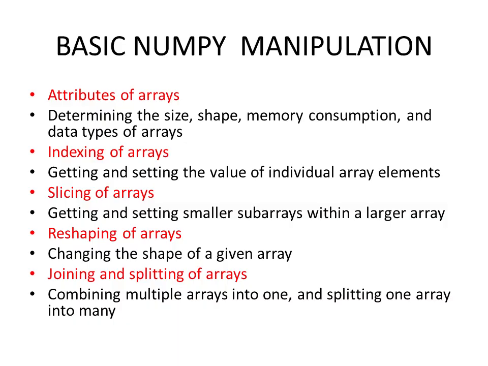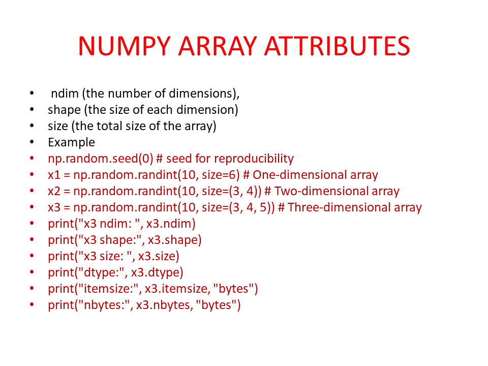Next is reshaping of arrays. Reshaping of arrays, which we take in the form of a grid, helps in changing the shape of a given array. So all these are functions. These are the basic numpy manipulation functions helping us to carry out operations on arrays. Then joining and splitting is where we do array concatenation. It helps us in joining either one array or two arrays, and splitting one array into many arrays. And here if you see array attributes, we have shape, size, dimension, and data type. So what type of data it uses.